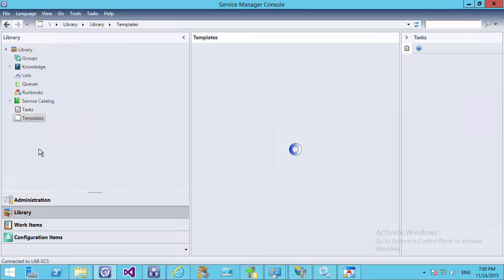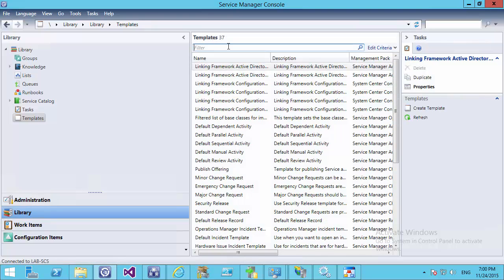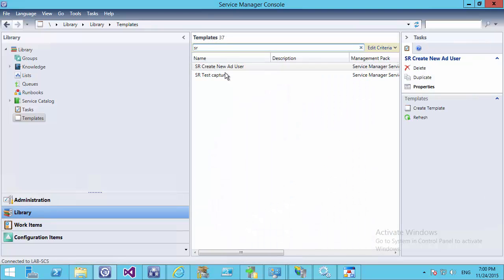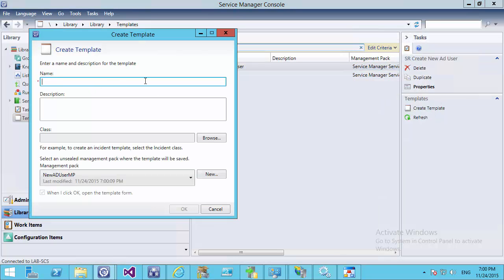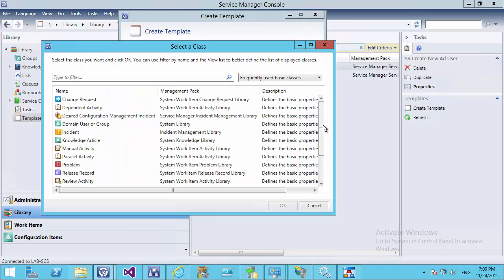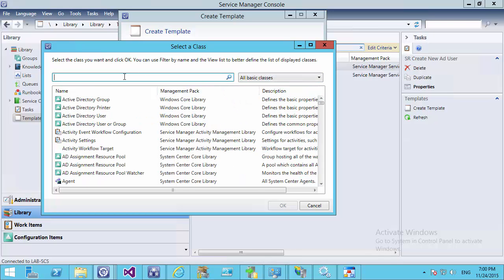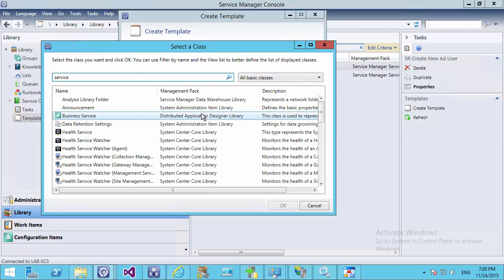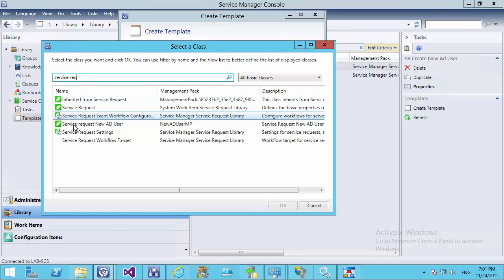Now to take advantage of this, we're going to have to create a template. Now we've got our original service request template here, so we're going to have to create a new one because we can't change the class that it's based on after it's been created. So we're just going to create our service request, create new AD user, and call this v2. We're going to find our class. Okay, we can see our service request new AD user in the management pack. We double click that,